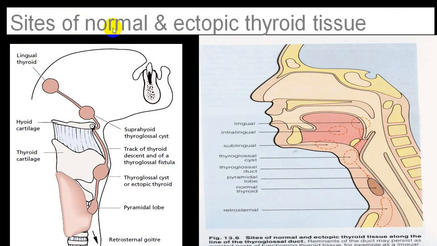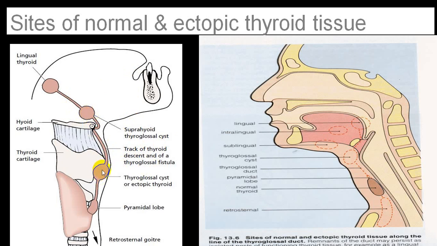As it is developed from the branchial pouches, you can have thyroid gland tissue in the tongue, the posterior one-third of the tongue, which we call lingual thyroid. And when it is below the tongue, we call it sublingual, or suprahyoid. That is usually in the form of a cyst, so it is also called a suprahyoid thyroglossal cyst. And you can have a tract from that up to the thyroglossal cyst.